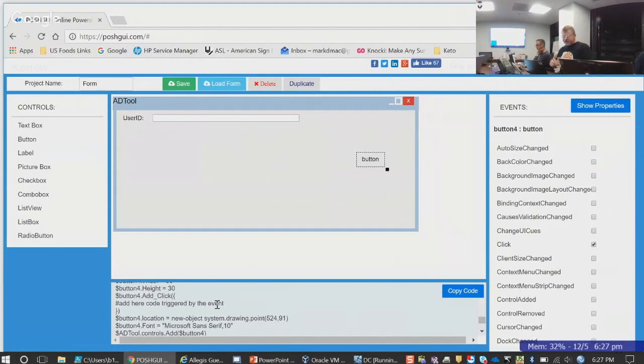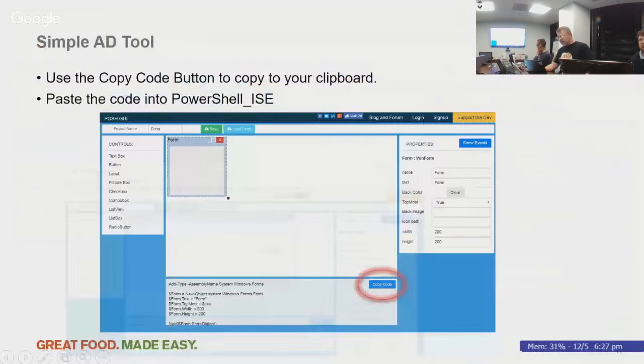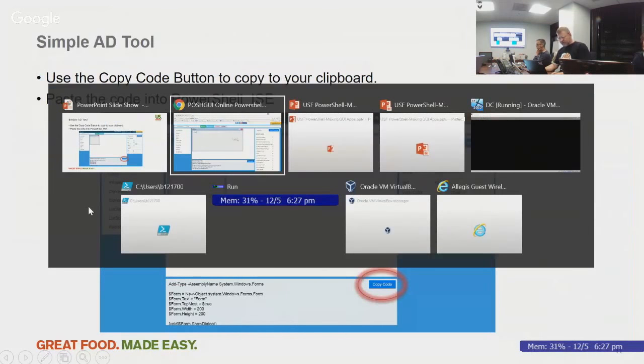Now, I don't think it's necessary to recreate the entire form, because I actually have that all together here for us in my PowerShell, which